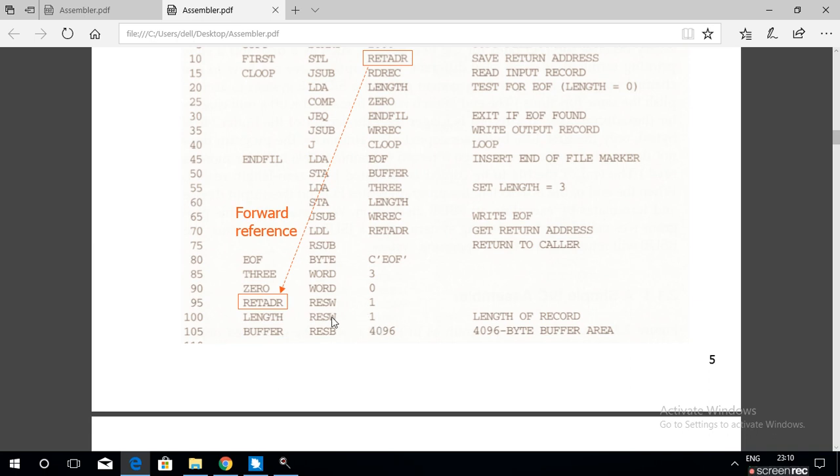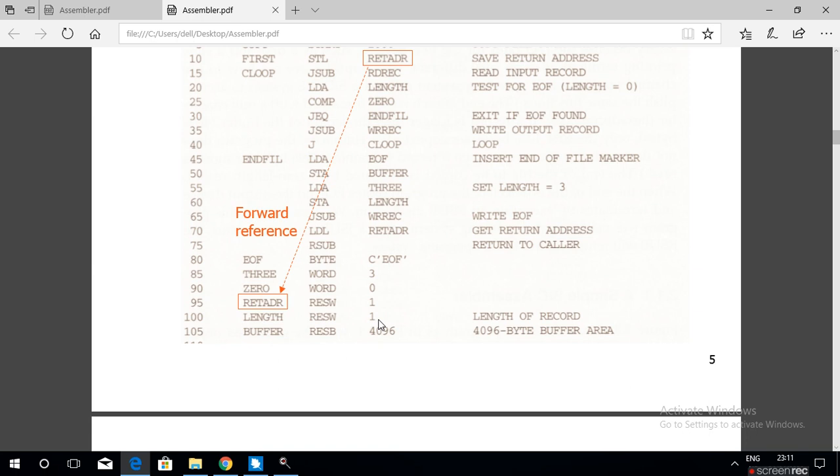Next, reserve word. RESW is similar to reserve byte. RESW, reserve word, is an assembler directive. It instructs the assembler to reserve a specified number of words of data area.